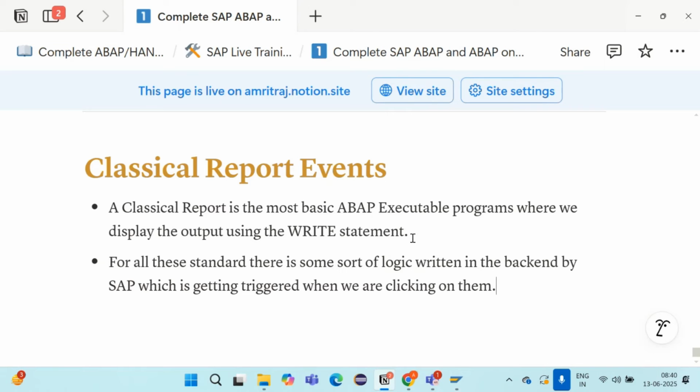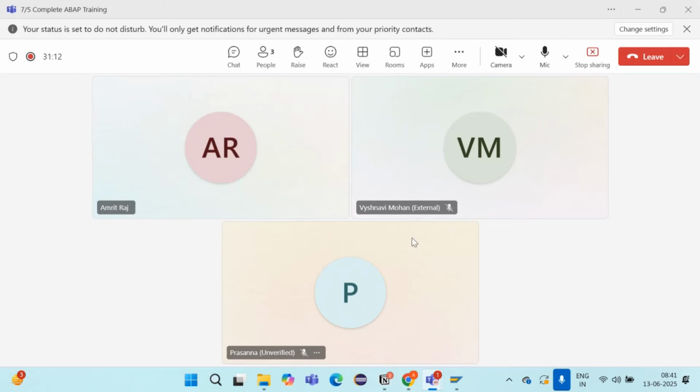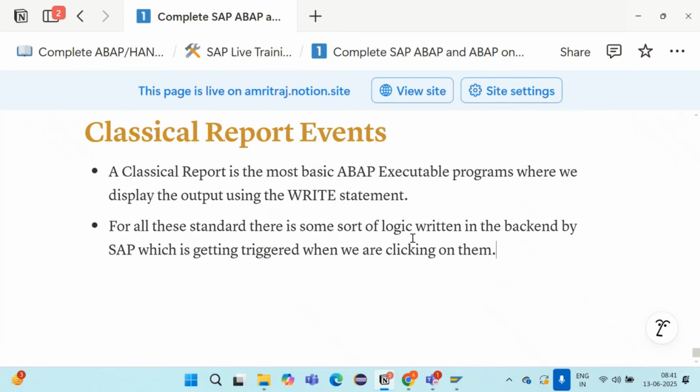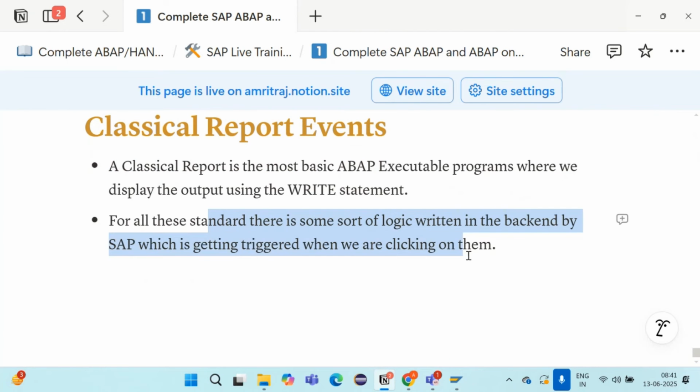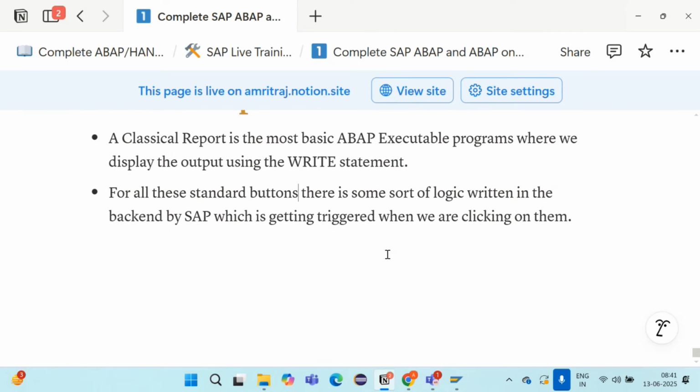Can I say this, everyone? Prasanna, are you getting that? Yes. For all these standard buttons, there is some sort of logic.